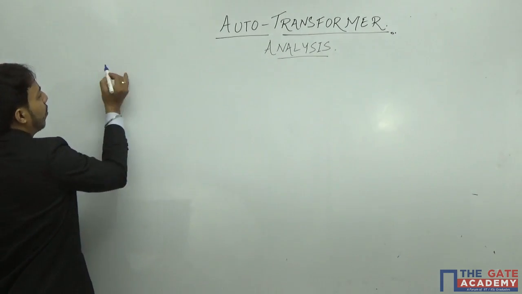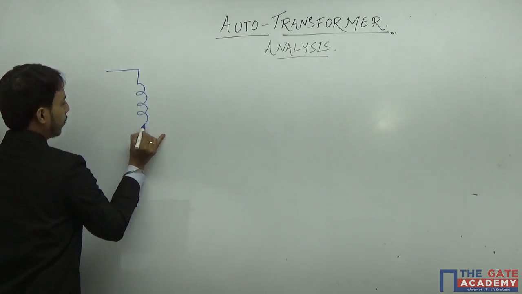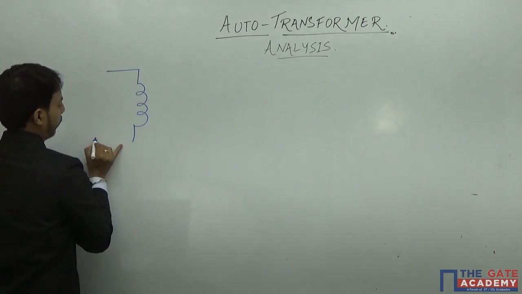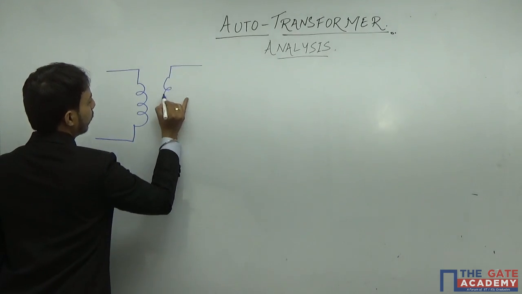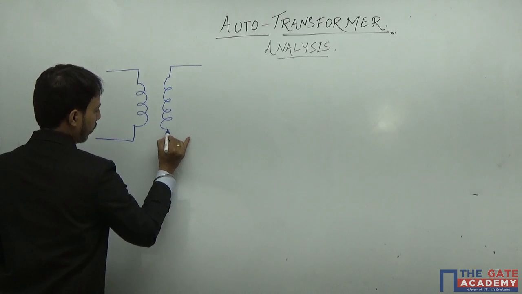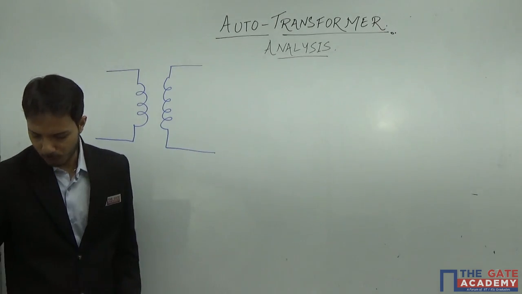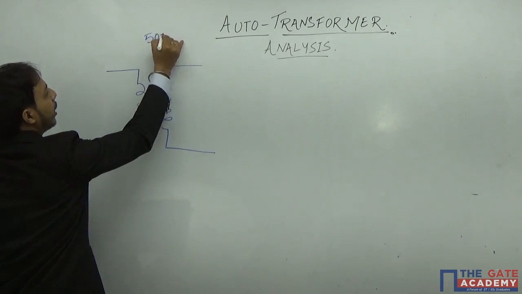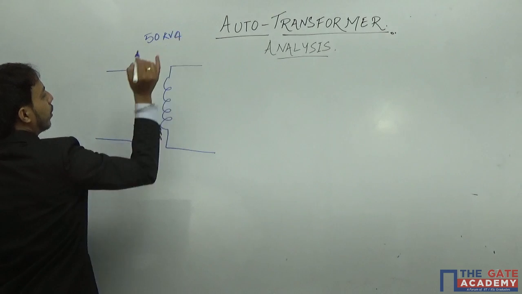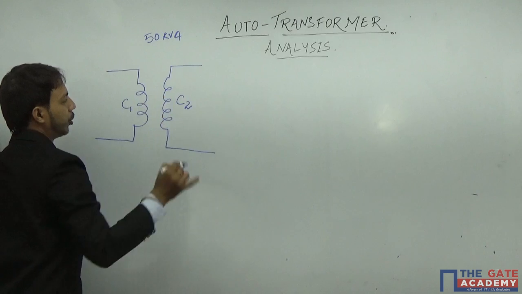Let us take an example. Say this is a two-winding transformer, and let us say this is 50 kVA, and this is coil 1 and this is coil 2,